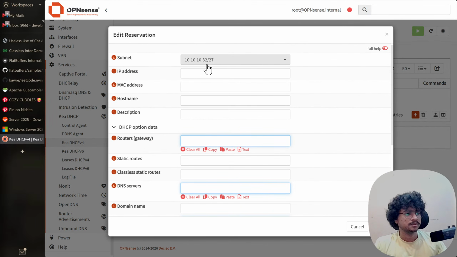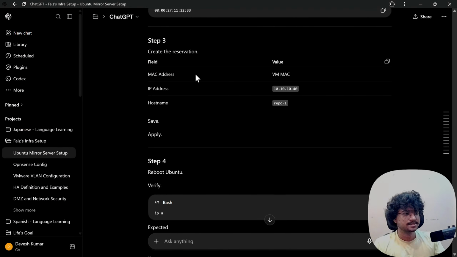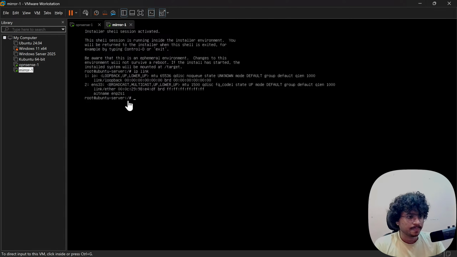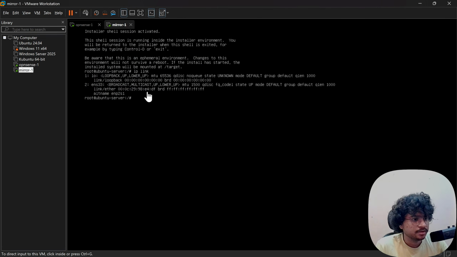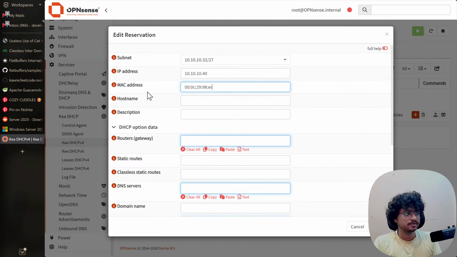Okay, this subnet. The IP address that I want to reserve is 10.10.10.40, and the MAC address is 000C2998E4DF.